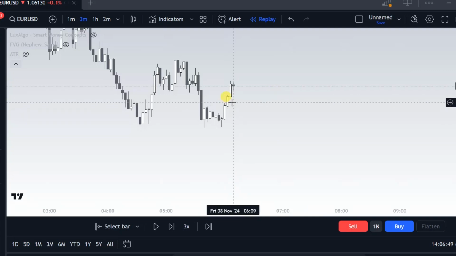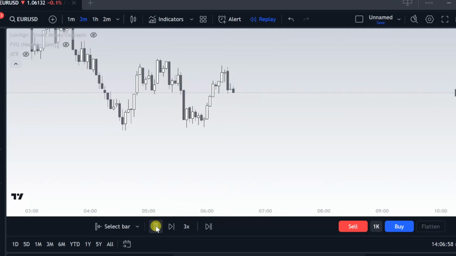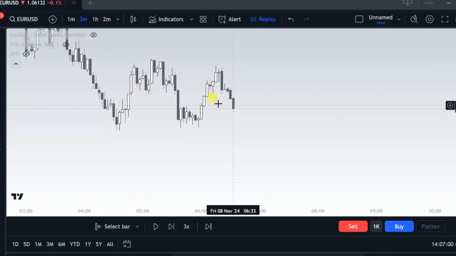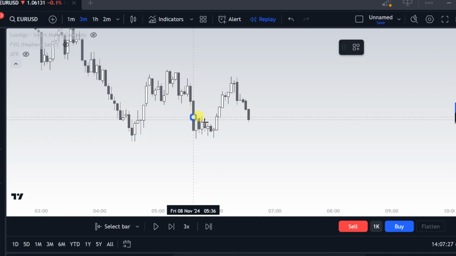So you can see this particular candle right here, it left a fair value gap in between there, and price is basically trying to move to the upside. And then what does it end up doing? It comes back into this particular, let me try and mark it out so that you guys can see exactly what I mean. So you can see this is the accumulation